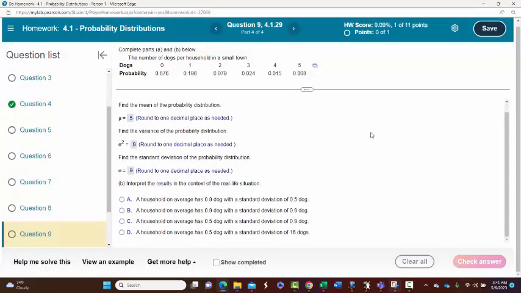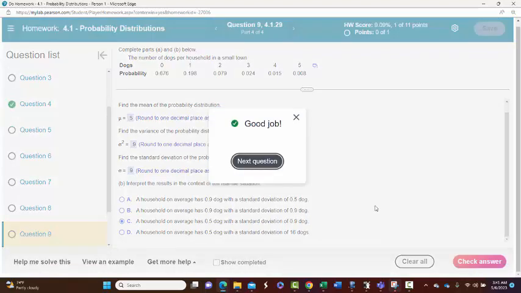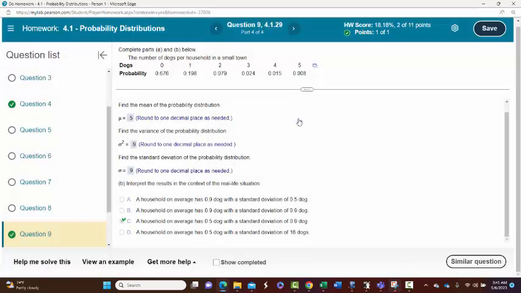So household has an average of 0.5 dogs, standard deviation of 0.9 dogs. Okay, well, all right. I like the question, I just didn't care for the rounding. Now let's,